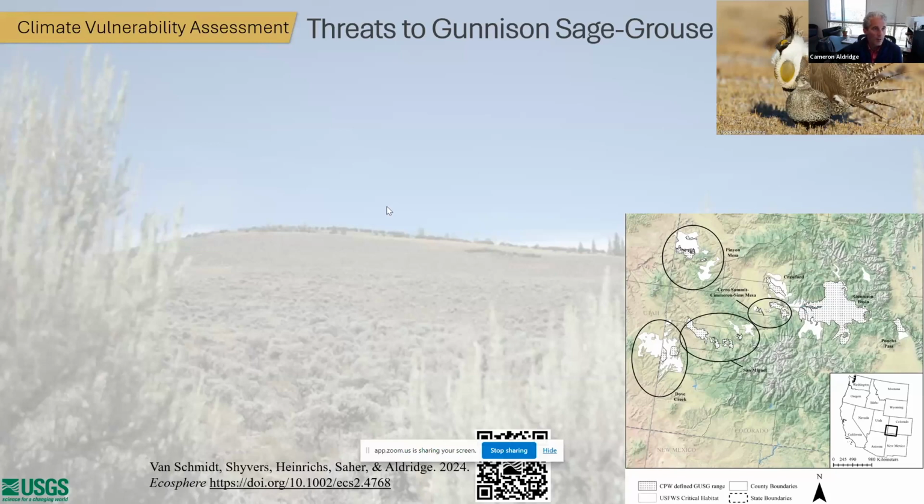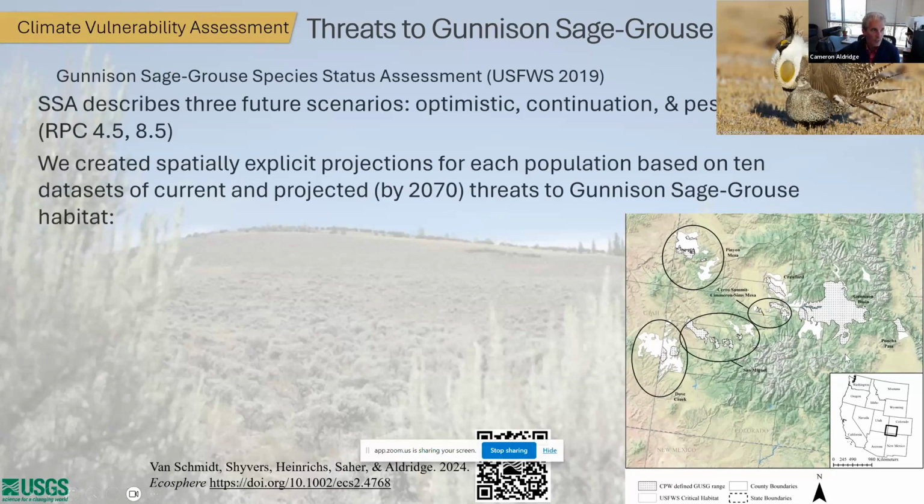and talk about this vulnerability assessment that we just recently published. Gunnison sage grouse occur in southwest Colorado, as you see in this map, with the largest population in the Gunnison Basin, and distinct small satellite populations further to the west and into Utah. There are maybe 3,000 to 5,000 birds remaining for this species. They are a threatened species. And the majority of those birds, 85%, occur within the Gunnison Basin population.